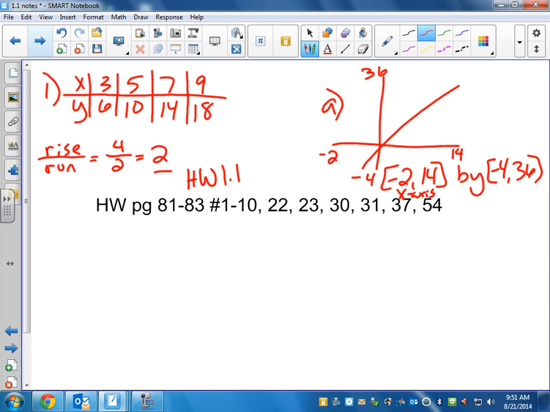What's a slope of 2? So look at your equations. Do any of them have a slope of 2? More than one of them have a slope of 2? Q is y equals 2x, and S is y equals 2x plus 3. So let's look at a point. If I plug 3 in, I get 6. Does that work for both of those, or only one of them? Just Q. So you kind of have to